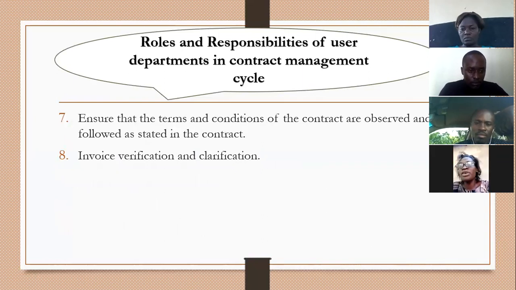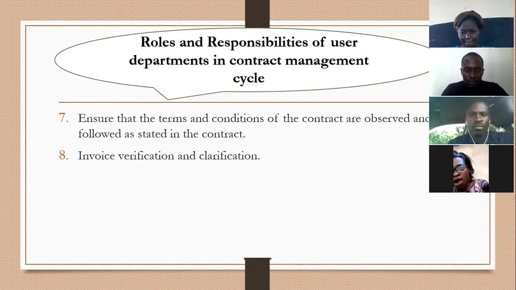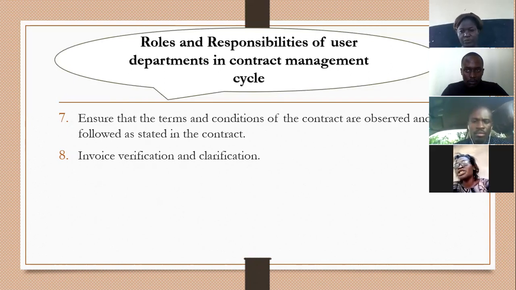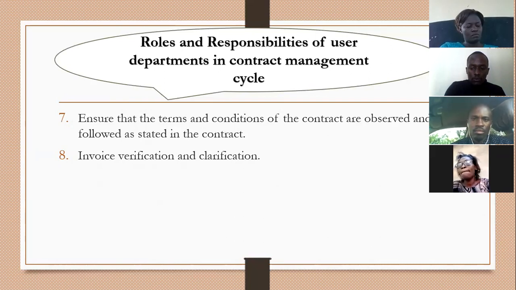Point number 7, report any departure from the terms and conditions of the contract. In most cases, contractors deviate from the accepted terms and conditions or specifications with the aim of maximizing profits. It's therefore the role of the user department to make sure